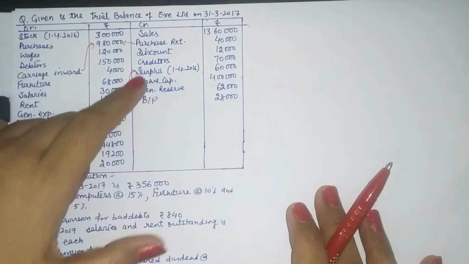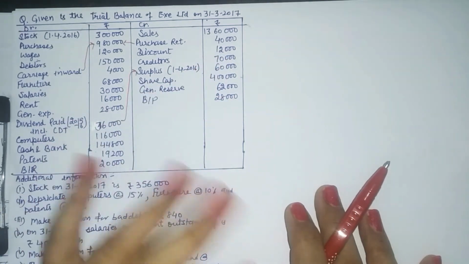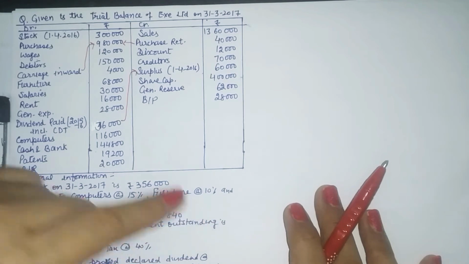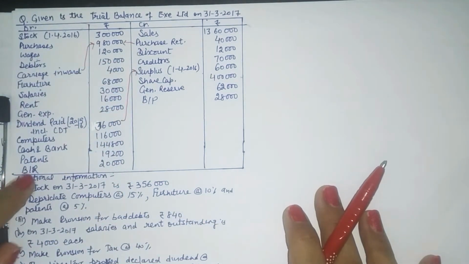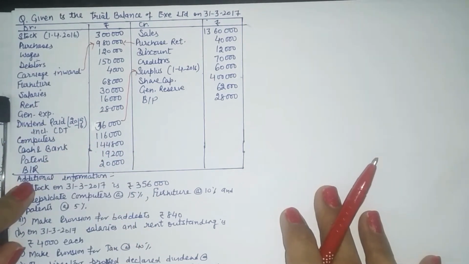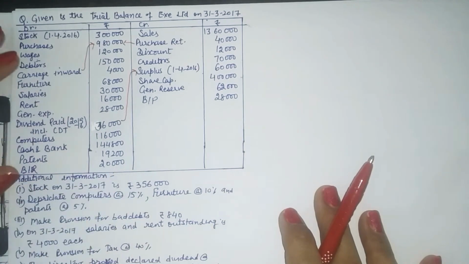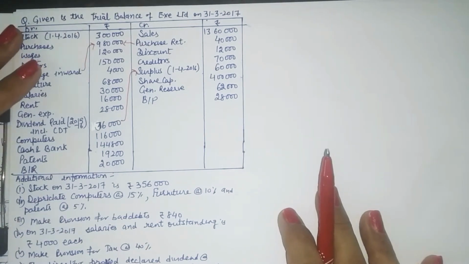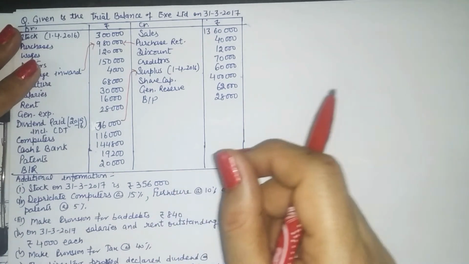Creditors will be current liabilities, surplus will come under reserve and surplus, share capital of course, we know its nature, general reserve and bills payable. So bills payable will come along with the creditors in accounts payable. However, we must remember bills receivable is a kind of advance. Okay, so bills receivable come under short-term loans and advances and it is not clubbed with the accounts receivables. So there are certain things that we need to remember while preparing the balance sheet.